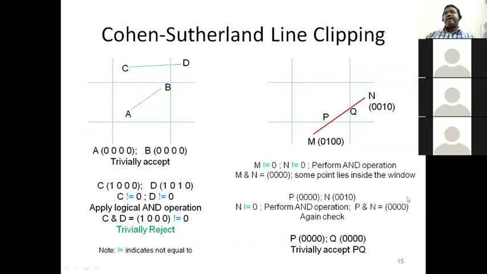At this point of time, what I am trying to convey is, if a line, both the ends are known, do the coding with respect to viewport and take bitwise AND operation so that you can make a decision, or otherwise the system will take a decision on which ends are visible, which will be shown to the observer. Okay, that point I am trying to convey.